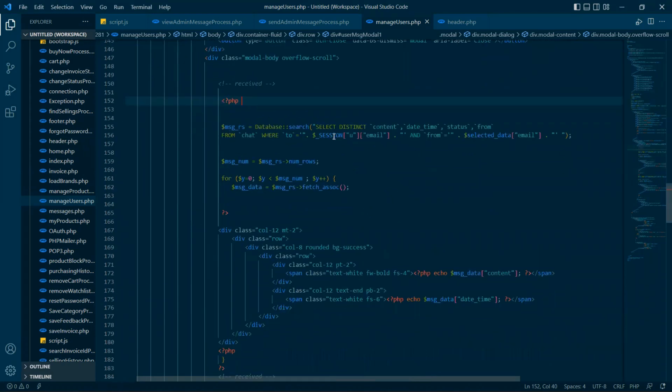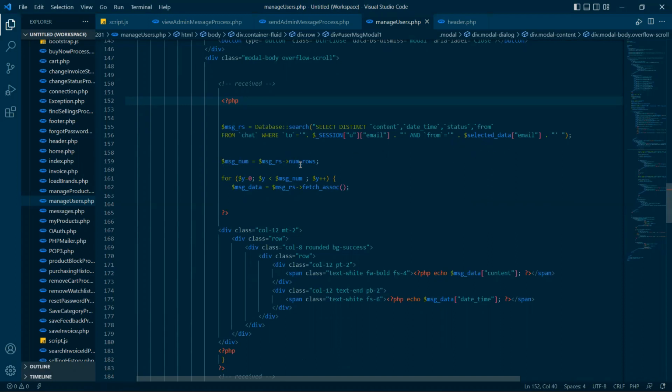From this part I will take the select distinct content, date, time, status from the chat where the to is equal to the $session UID's email, and then I will take the email of $selected data,